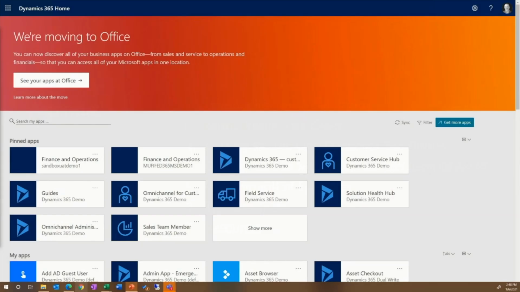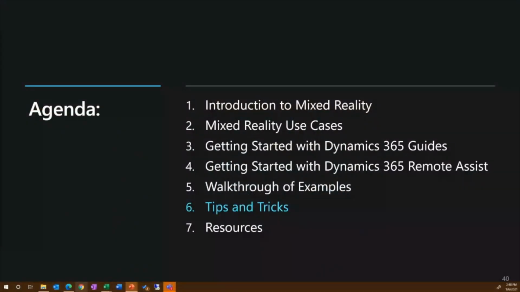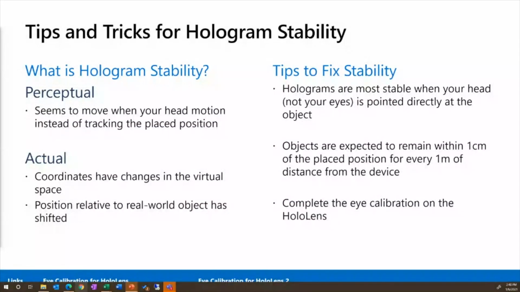All right, so we're going to switch gears a little bit now and take a look at a number of different tips and tricks that you can use when you're using guides and Remote Assist. So we're going to start with some hologram stability and Remote Assist tips. So hologram stability is referring to how well a placed hologram stays where you placed it, be this perceptual or